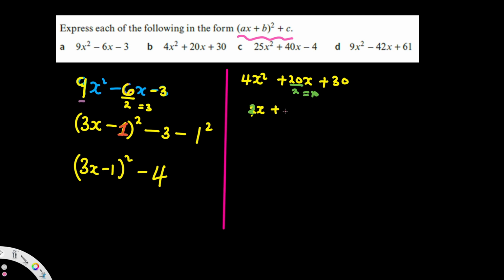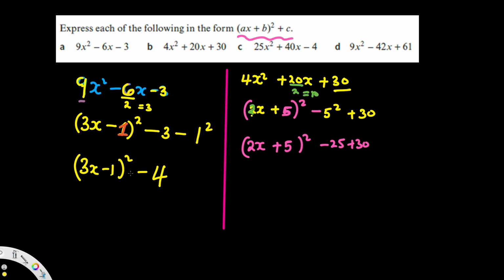So we're going to say this is going to be 5 at that particular point, squared minus the square of 5, minus 5 squared plus the 30 that we had there. So finally our answer becomes 2x plus 5 squared minus 25 plus 30,